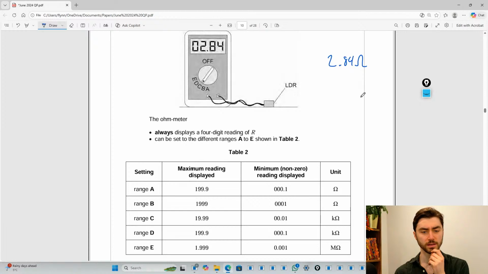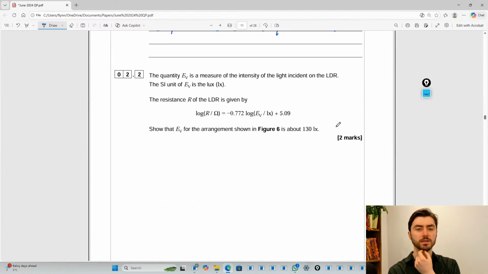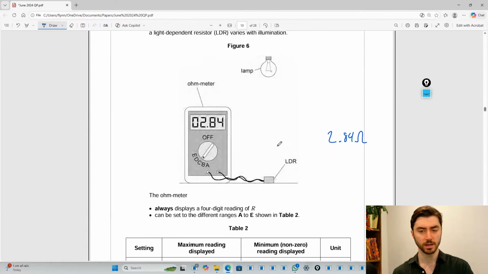No, it's measuring 2.84 somethings. Well, first of all, it can't be A because that has the wrong precision. So we need one with 2 decimal points, and only C has the correct precision of plus or minus 0.01. So the quantity EV is a measure of the intensity of the incident light. The resistance is given by that. In figure 6, it's understanding that that's kilo ohms. So the actual resistance is